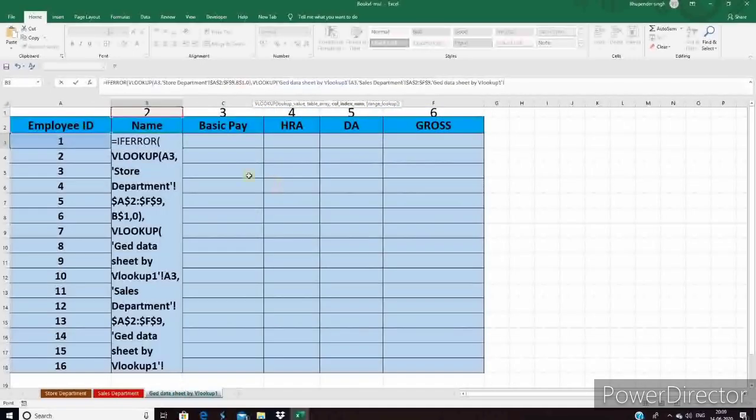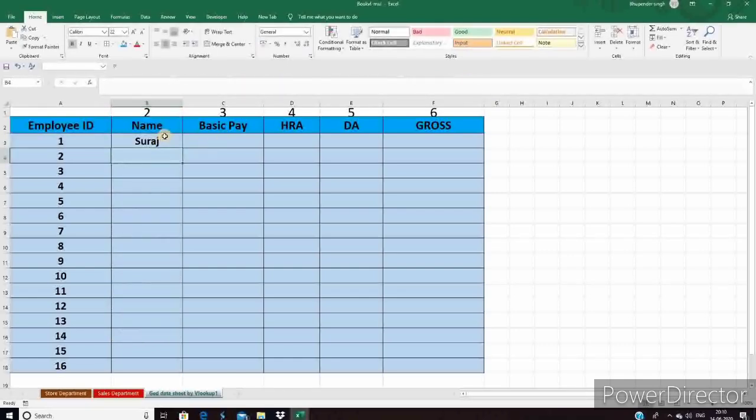Let's go back to our main sheet. Again going to select B1. So guys, you can see sheet name with the cell address. So if you delete this, that will not change anything. So again we are going to freeze 1, not B, as I earlier told you guys. So for 0 exact match. So guys, now our formula is complete.